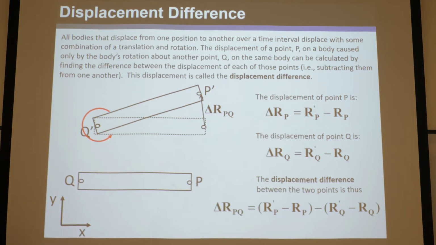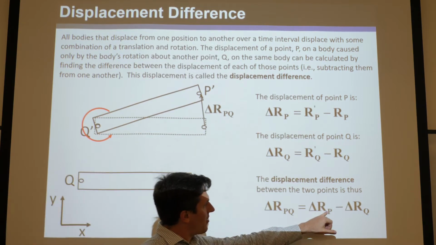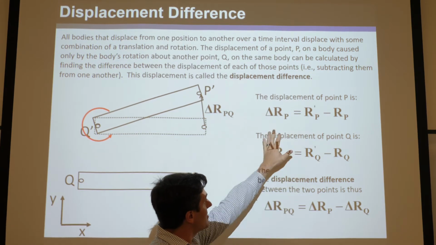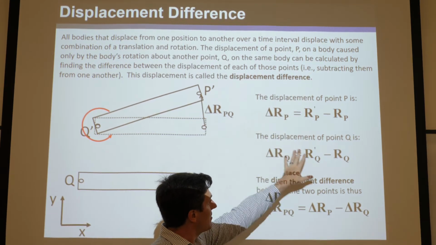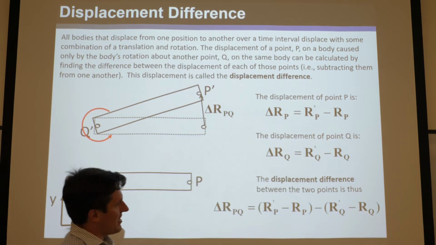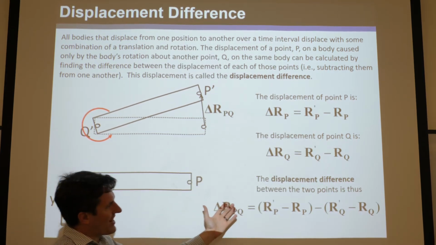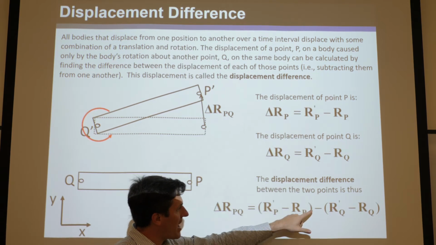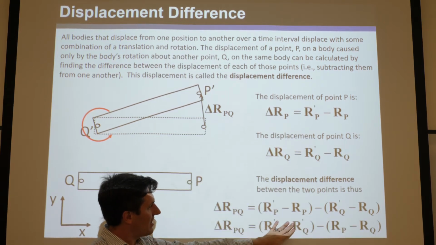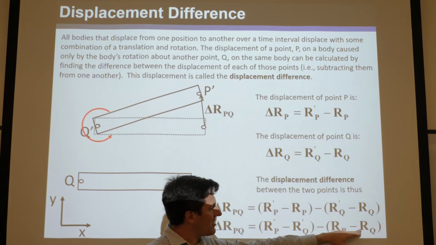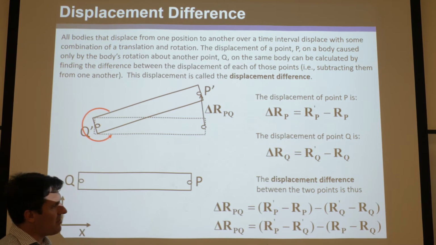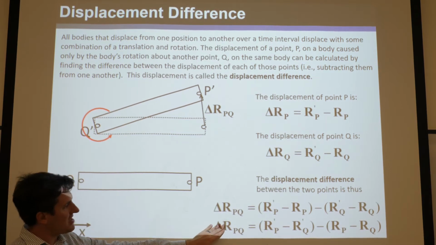Okay. So one thing that's interesting is you'll notice delta RP minus delta RQ. If you just plug these equations in, so let's take delta RP, take that equation, plug it in there, delta RQ, plug that in there, then you get this, right? Well, if we reorganize this equation, and so now we say RP prime minus RQ prime, right, like that, minus RP minus RQ, so we just took this and literally reorganized stuff. Now you can see here the same displacement